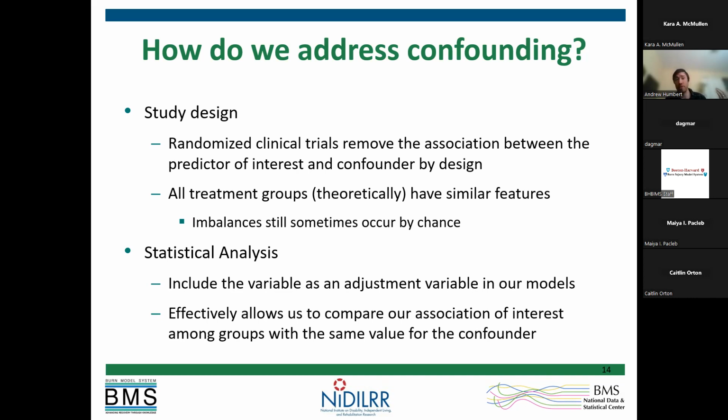So this could be used if you did a clinical trial and you noticed that there are some imbalances still. We need to address some of those imbalances that didn't get fixed by the randomization the way we thought they were going to. Or it could be, in the case of our data set here, the burn model systems, that a lot of this is observational data. We're tracking individuals. We're not determining how badly somebody gets burned. We're not assigning, okay, you're going to get a really bad burn and you're not going to get a bad burn. That's not what we're doing. We're just looking at how these people come to us and the treatment they're getting, and then tracking them over time and looking at what their trajectories look like for their outcomes.